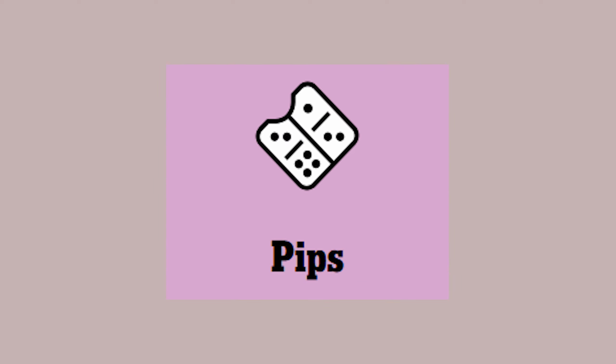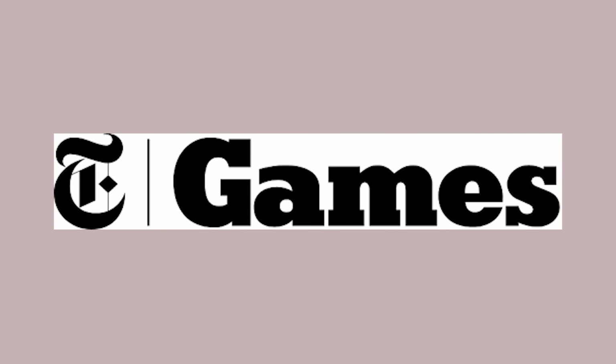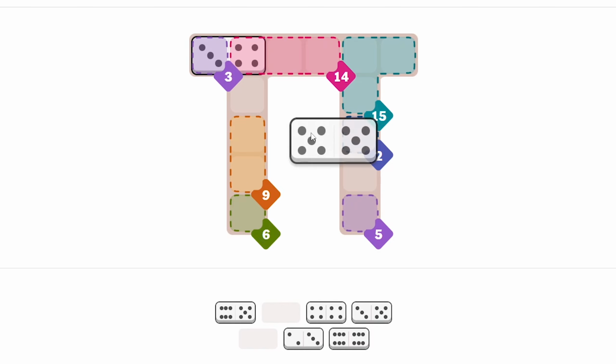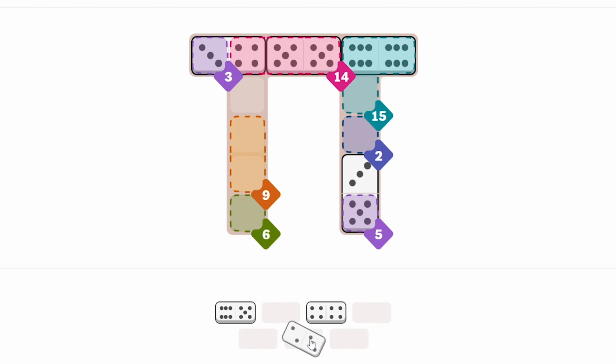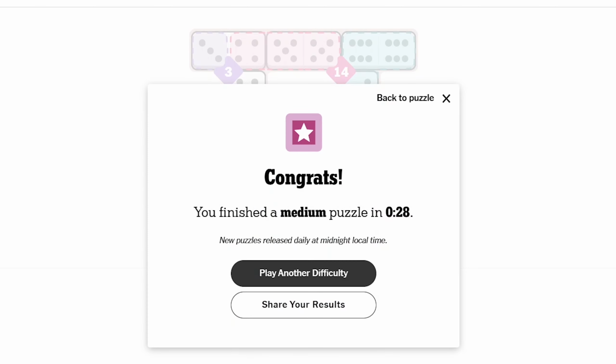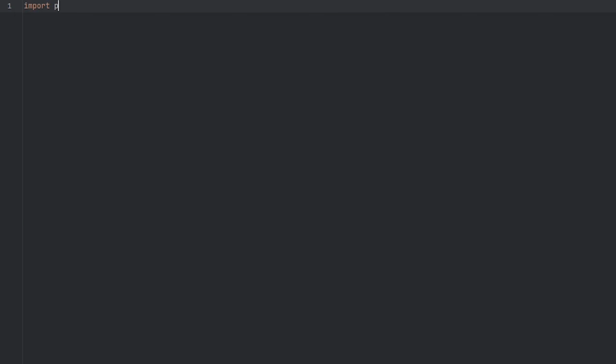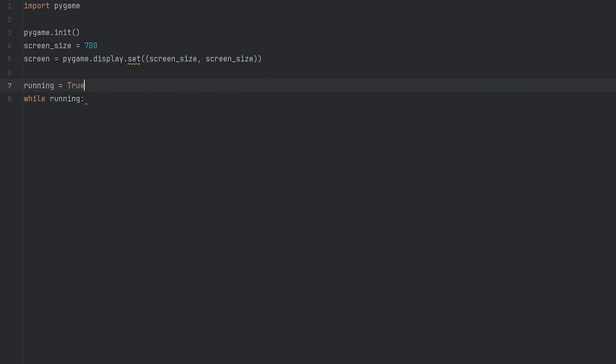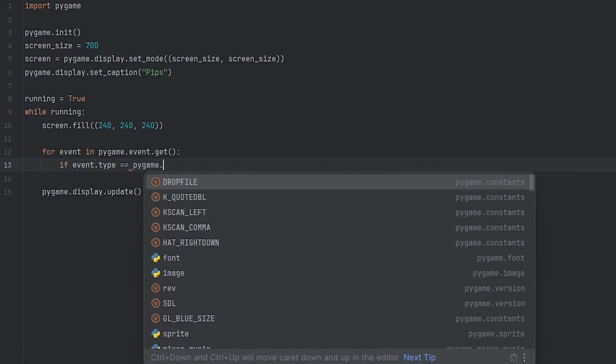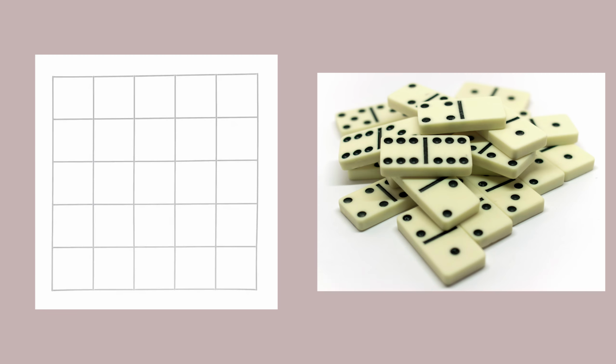Pips is the newest addition to the New York Times Games collection. I think it is a very cool and interesting daily game. So I decided to use my programming knowledge to challenge myself to see if I have the skills to remake Pips using Python. The game of Pips works by trying to fill in a grid with dominoes, but there are